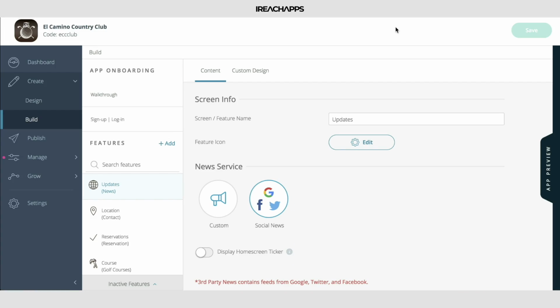Hello, and today we're going to be covering our news feature. Our news feature is great for keeping users up to date on the latest industry or business news. Google News and Twitter posts will be aggregated into a feed based upon the keywords you provide, giving you a custom ticker to highlight the topics important to you or your customers, or you can actually set up your own